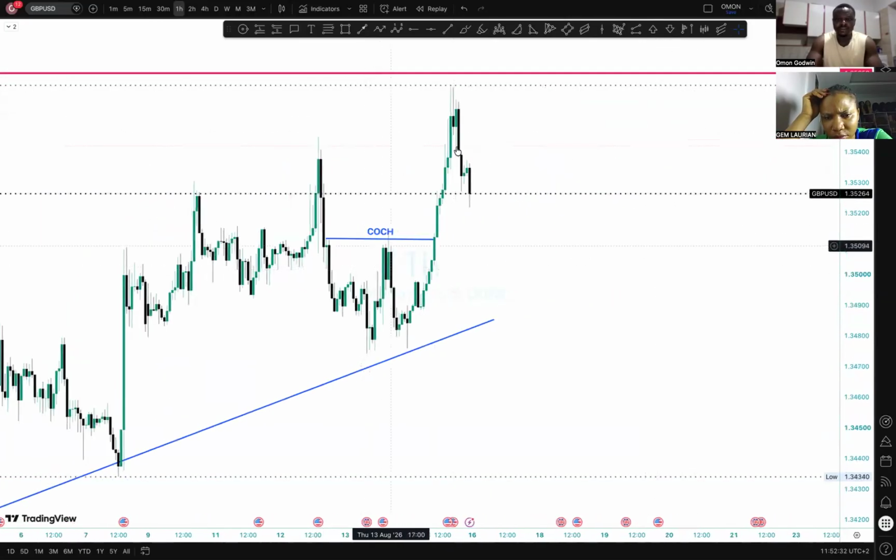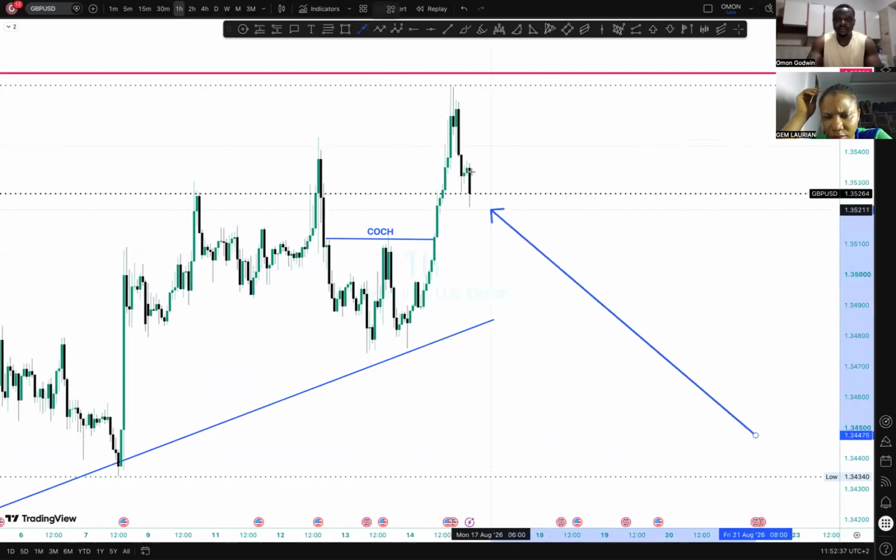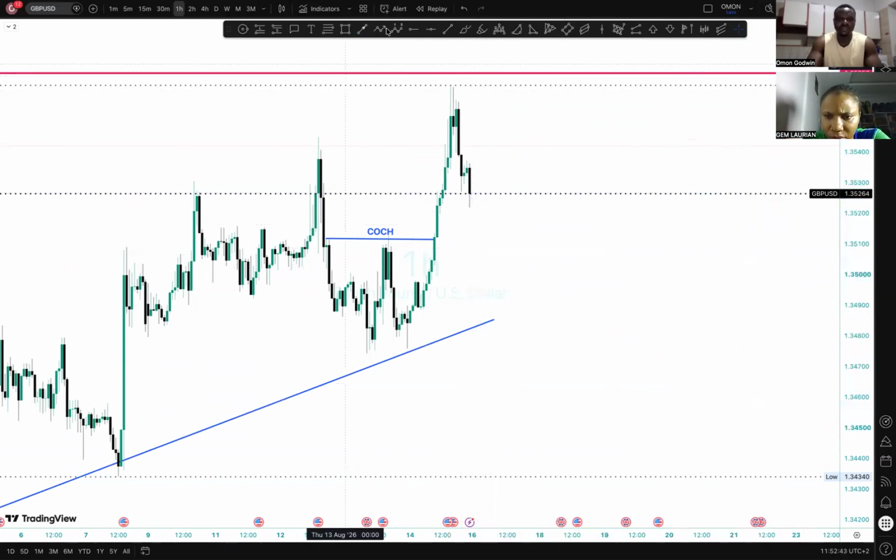I will wait. When the market opens, this is what I'm going to wait for. Probably the market might sell back down. I want the market to form something like this before I enter, meaning the market will open aggressively and give a gap. It might open to this point. Then I'll wait for the market to do a pullback,